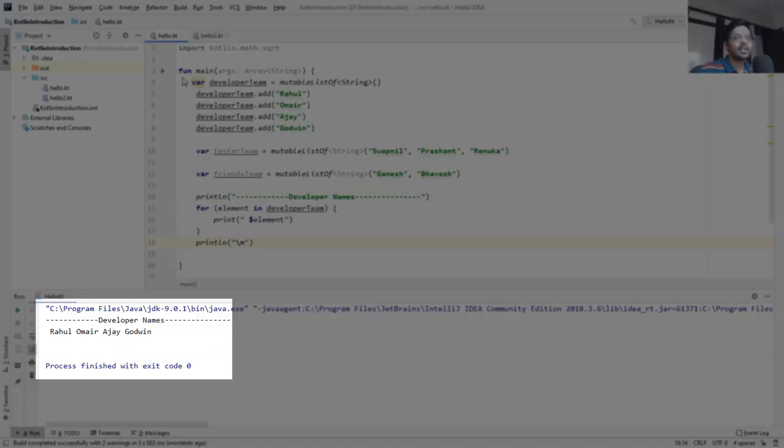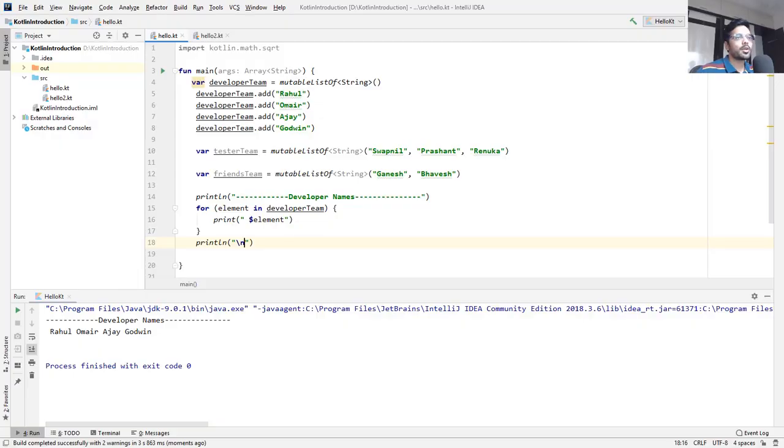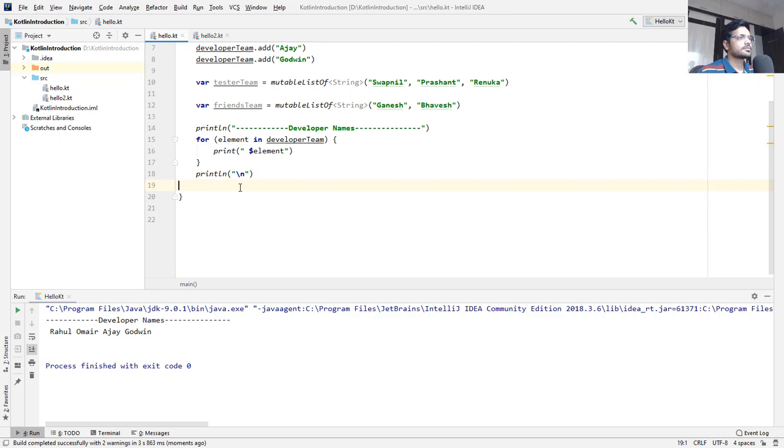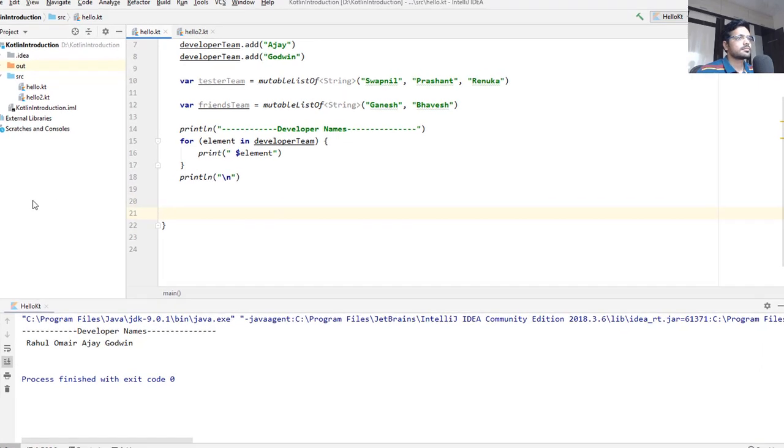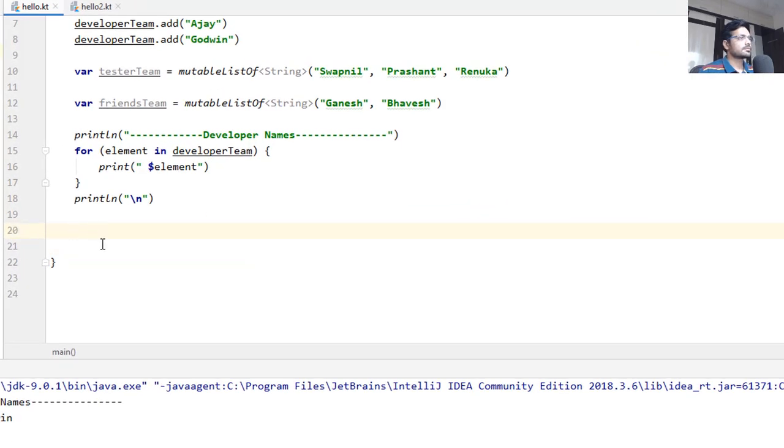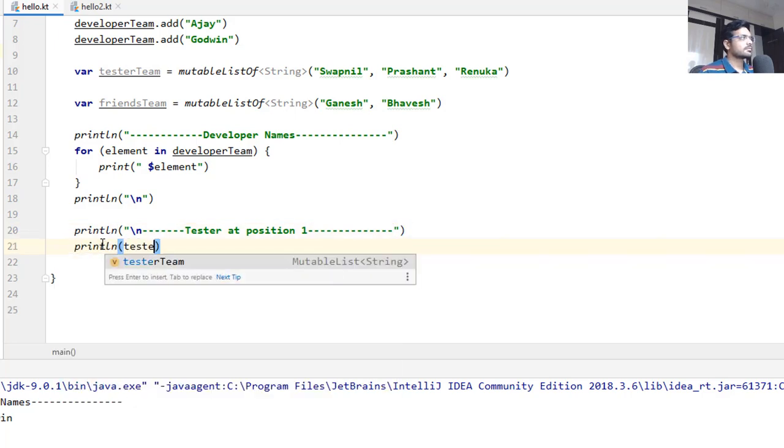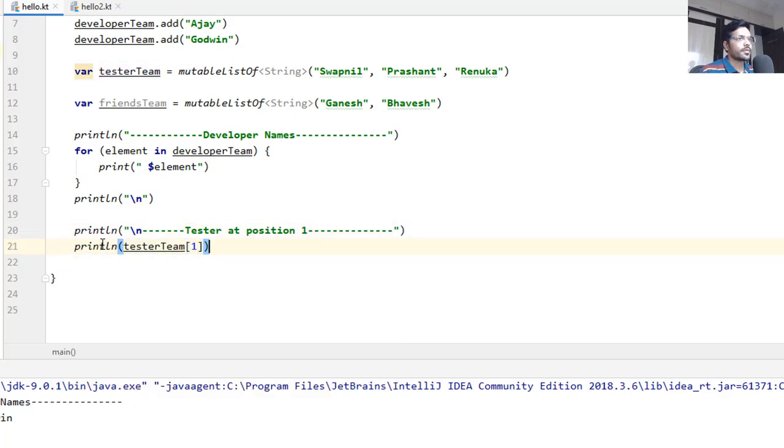And it has successfully printed the developer names. Now let's print the second name from our testers team. We are using 1 as index since index starts with 0.